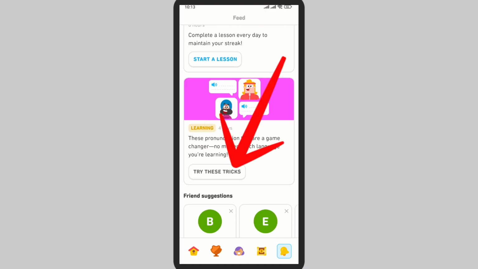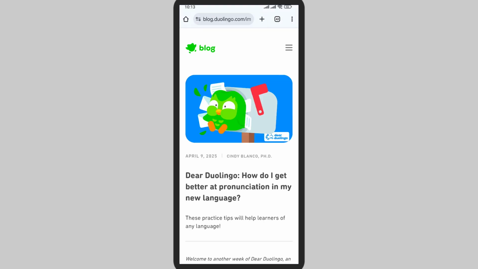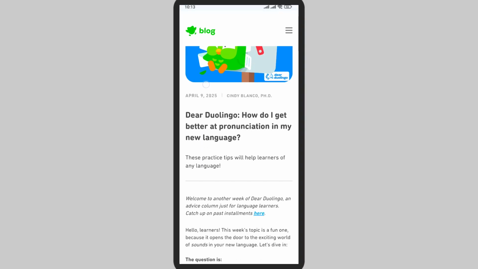So here on the bottom, there's an option called learning of pronunciation. So simply tap on try this tracks. So this is the place where you'll be able to have different Duolingo pronunciation. So this is the place where it shows how you can add or pronounce a new language. So this is a type of blog that you can read in order to be clear and improve a newer